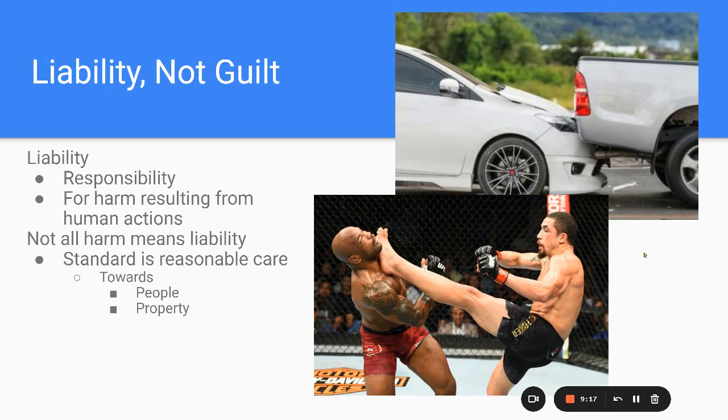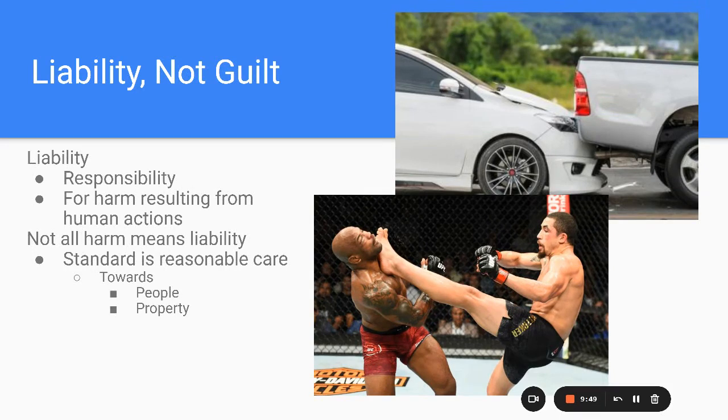However, in this case, which looks clearly much less like an accident and much more like somebody intentionally trying to harm someone, turns out that guy's probably exhibiting reasonable care. Matter of fact, not even probably. He is exhibiting reasonable care. Why? You just kick that guy in the neck or the throat. Yeah, they're in a cage fight. Right? So reasonable care, in a cage, as long as he's following the rules of engagement, he's okay.